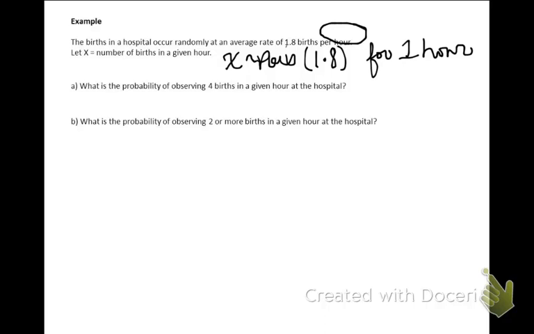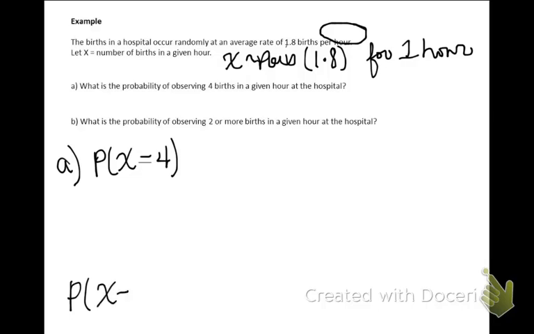For part A, what is the probability of observing 4 births in a given hour at the hospital? This is the probability that x equals 4. Let's go ahead and get that probability formula. The probability that random variable x equals a number little x is mu to the x, e to the minus mu, divided by x factorial. Plugging in our values, we know that mu is 1.8